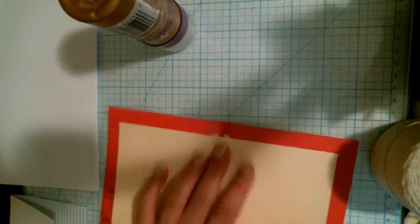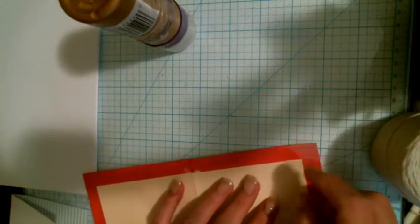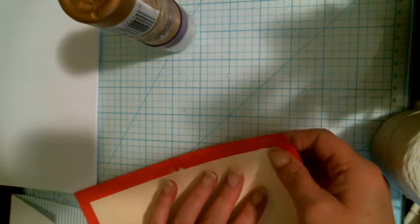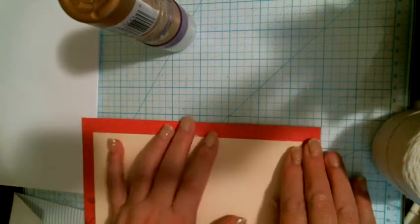Okay? Now, we have our book. Now we're going to open it. And we are going to bring, this is thin, okay? If it was thick, I'd cut it like most people do. You don't cut it all the way to the tip, though, because you don't want that showing, okay? So,